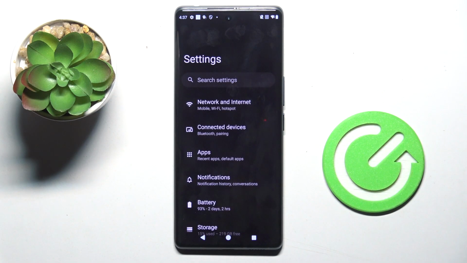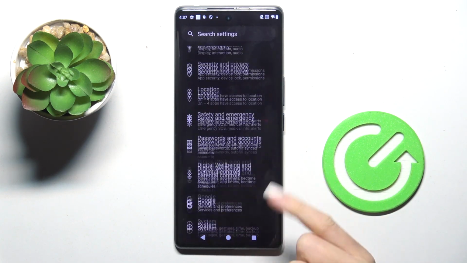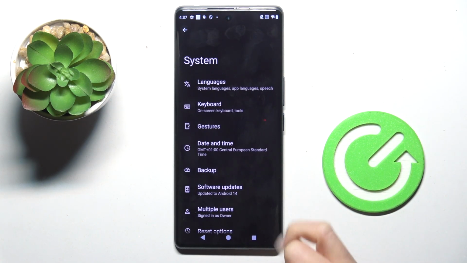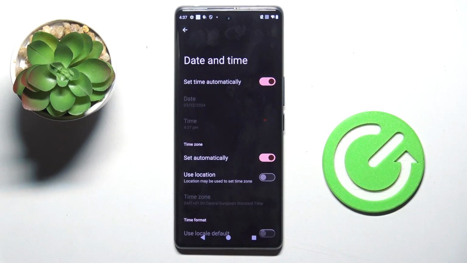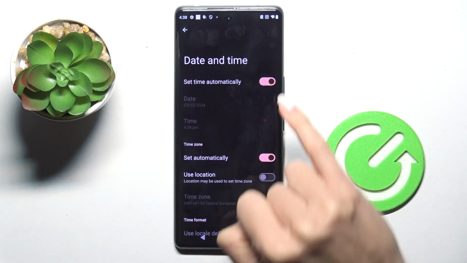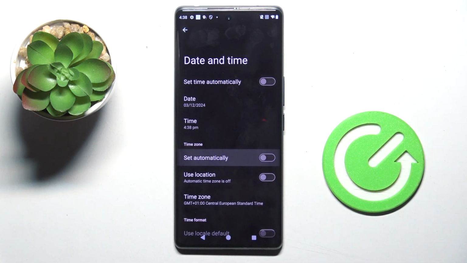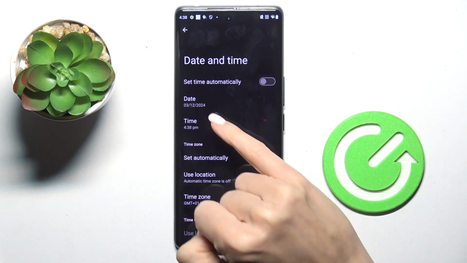At first, open the settings, then find and select System, go to Date and Time, and at first you need to switch off Automatic Setup. So just unmark Automatic Time and also Time Zone if you want to play with it as well,